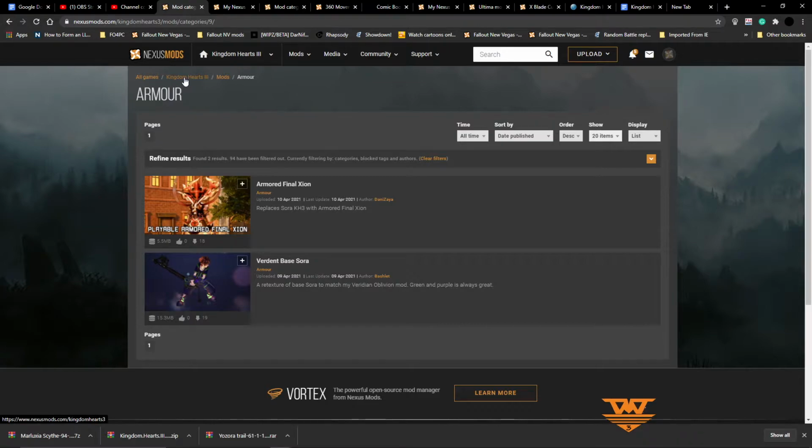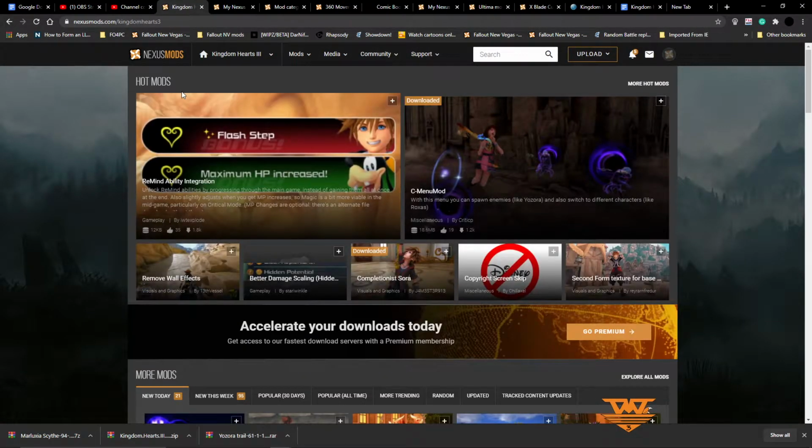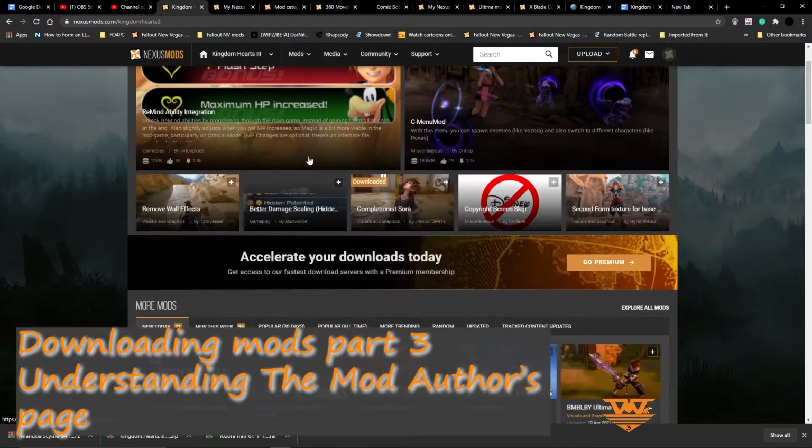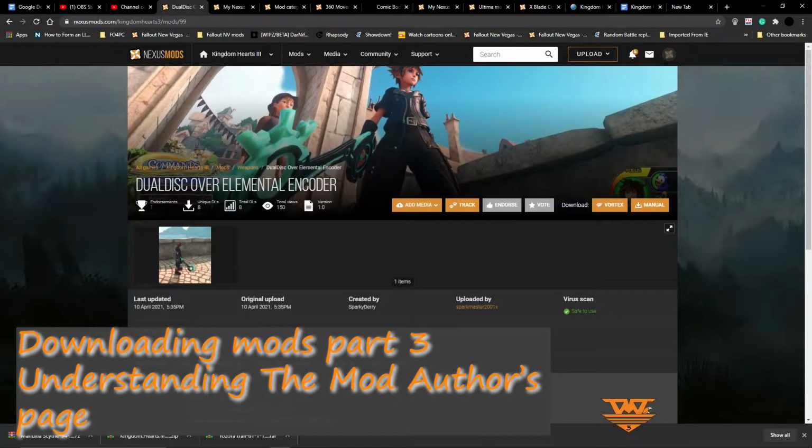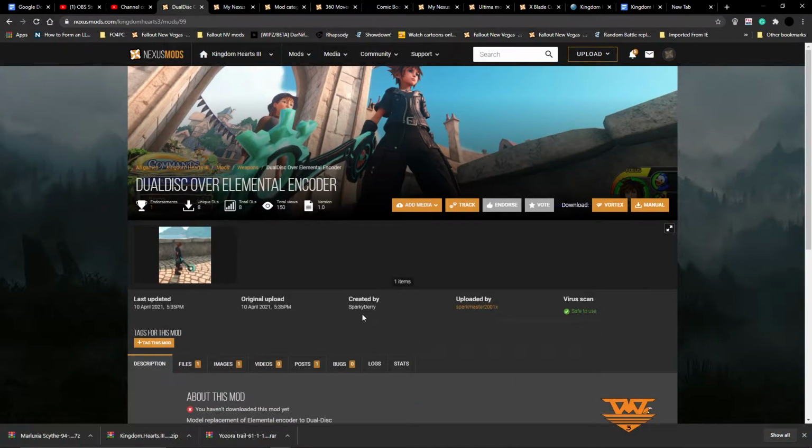So anyway, let's go to the mod page, and let's download a mod. Let's go to this one, just because it's up first. This is Dual Disk over Element Encoder by Sparky Dairy, and I haven't tested this mod because we're about to just download it, right? So